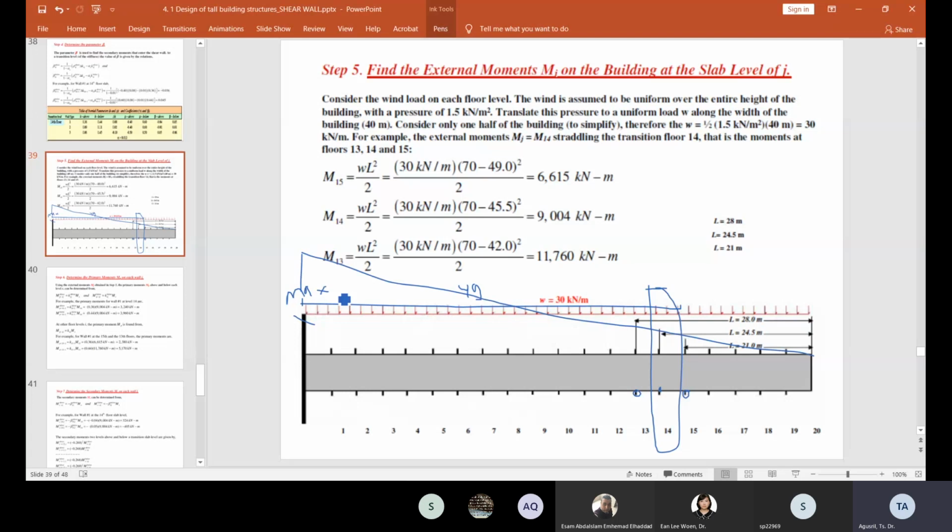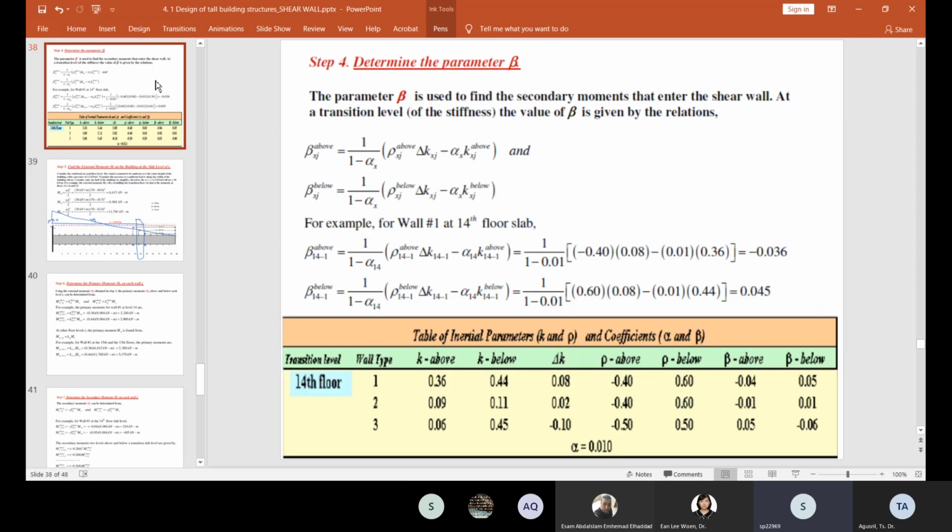Okay, any question until this slide? Yes, doctor, excuse me. The previous slide regarding the alpha value, Beta, in the tables. Alpha value 0.03 in level 14. That's wrong, right? We get 0.01 in the calculation. So the table is wrong? Okay, in the table of coefficient. Sorry, can you repeat again?